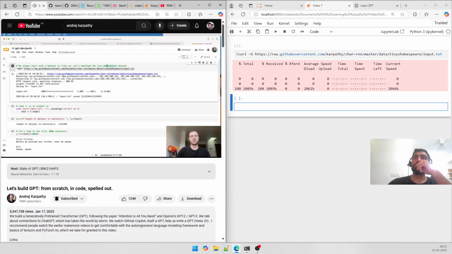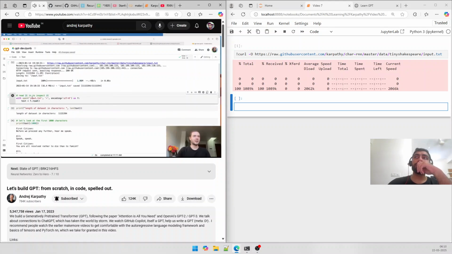Now, here I've just done some preliminaries. I downloaded the dataset, the Tiny Shakespeare dataset at this URL, and you can see that it's about a 1 megabyte file. Then here I open the input.txt file and just